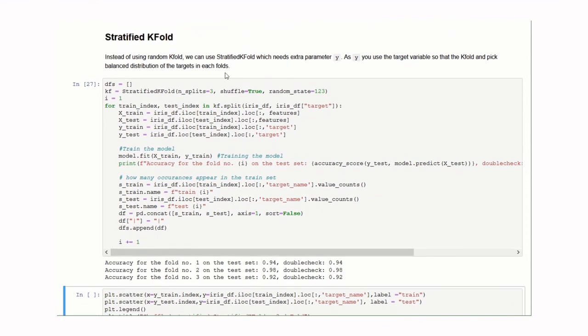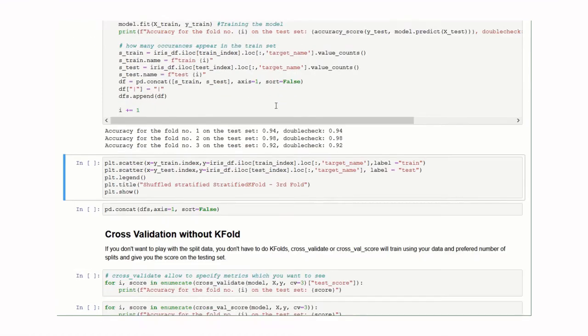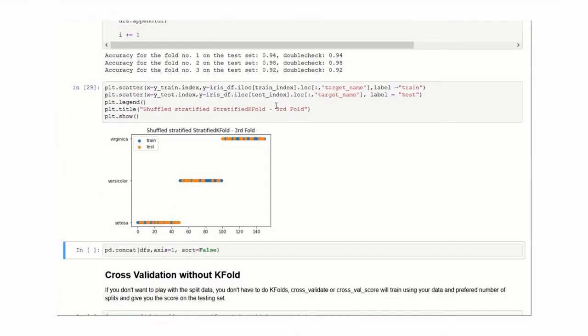Here you can see we define the stratified k-fold method, and for the stratified k-fold method we have to pass our target parameter, which is the iris dataset target parameter. Using this, it will create a balanced distribution on each fold. You can see here it created a balanced distribution on each fold.